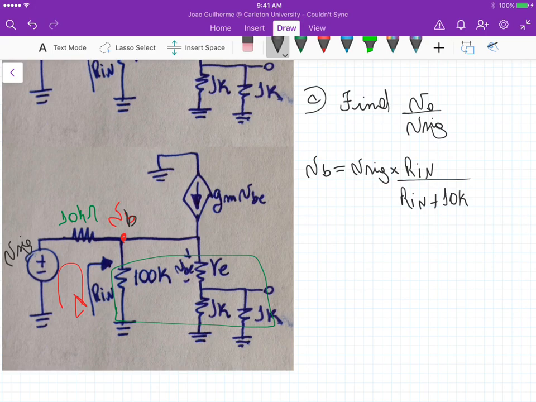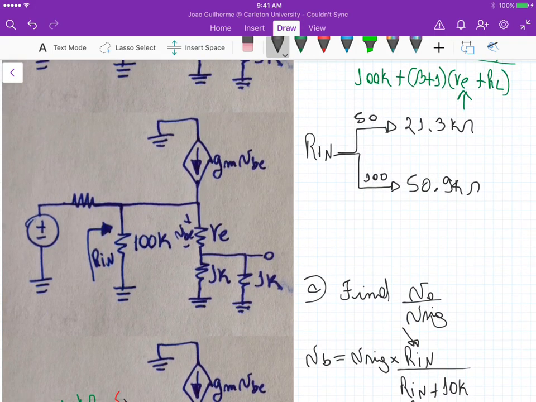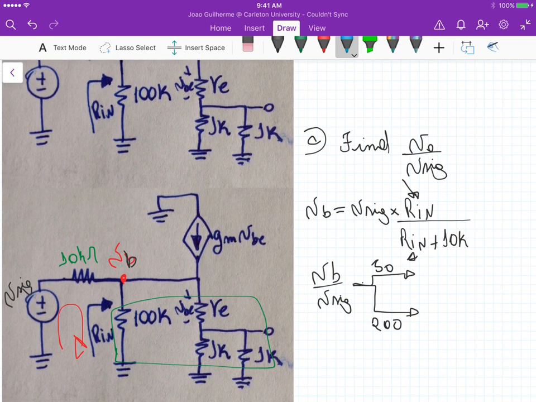Now if you remember, R in is also dependent on beta, right? It has two values. So if we isolate VB over V signal here, we get two answers, one for 50, one for 200, based on these values for the input resistance. So if we substitute the values of R in this equation, we get the ratio VB over V signal as 0.6805 volt per volt,